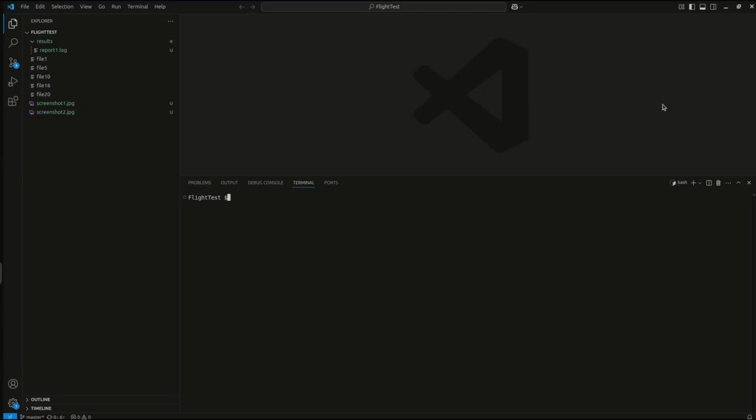Hi all. In this session we will explore how to ignore files and folders from being tracked by Git. Why do we need this? Let's consider a scenario where we run automation scripts and the results, screenshots, and log files are stored within the same